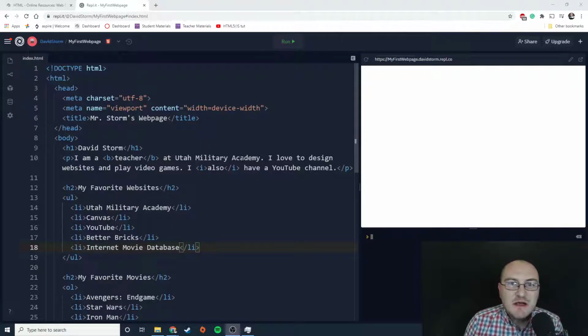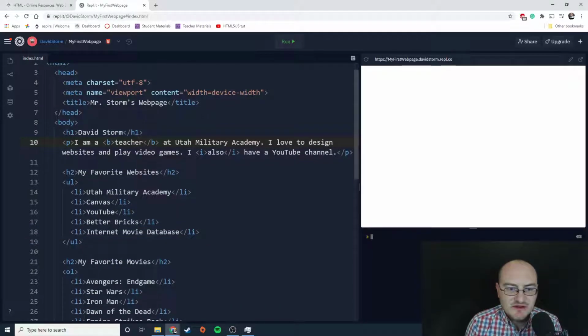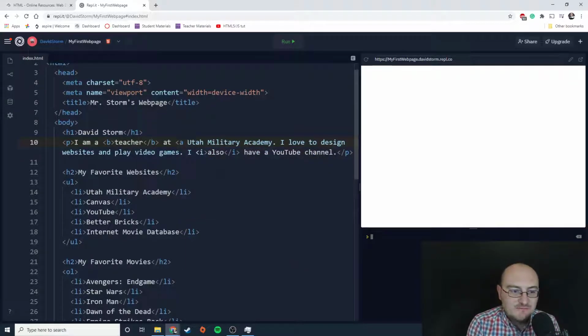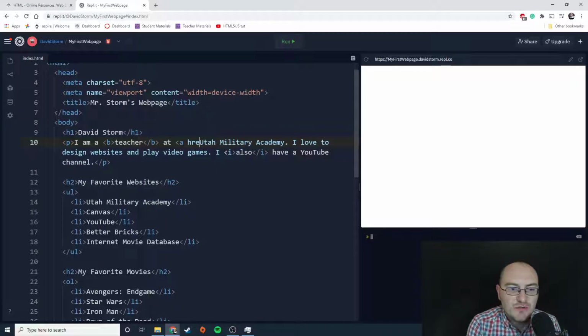let's go ahead and add some links. First, I want to add a link to my paragraph element up here. Let's add a link to Utah Military Academy and use Utah Military Academy as the link text. All right, so to create a link, I use an A for anchor element and then href equals, and then